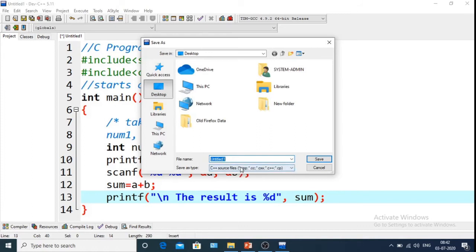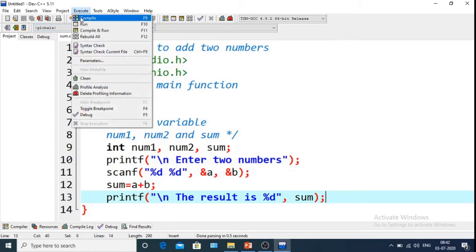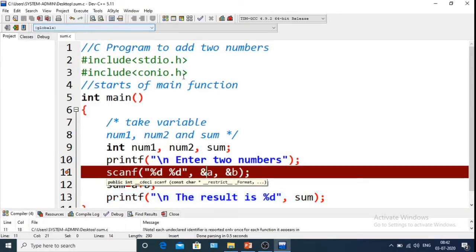This is the C source file. Now this is sum.c. Okay, save. If we execute it, okay, so there is an error.